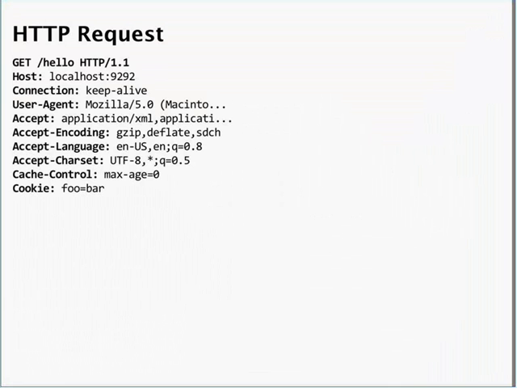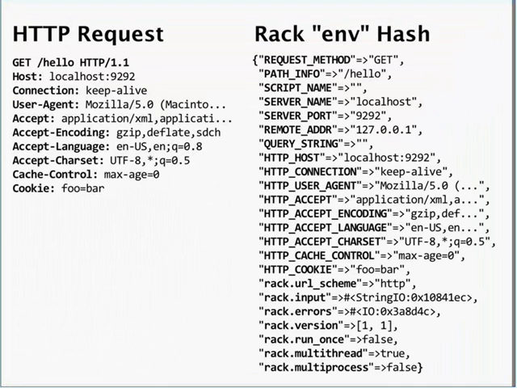Here's an HTTP request, and you can see you have the status line, GET hello, this is HTTP on the wire. You have a set of headers, and then you would have a request body. So how do we do that in Rack? Rack chooses to just slam it all in a hash, basically. You pull out all the information and build a big hash. You have some information about the server environment there,